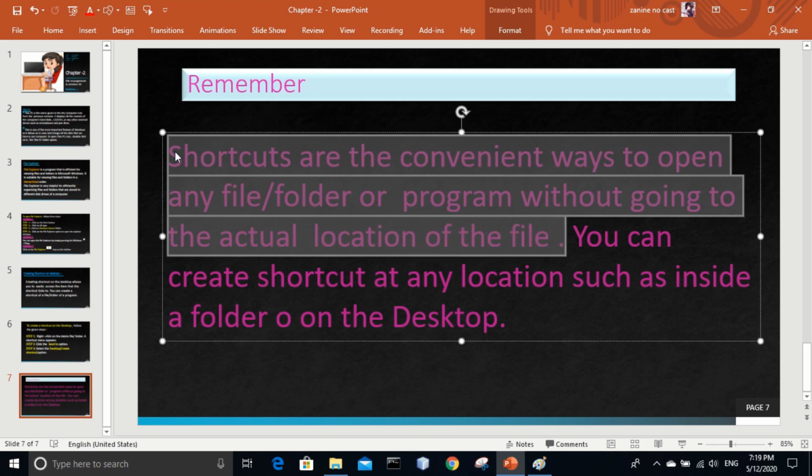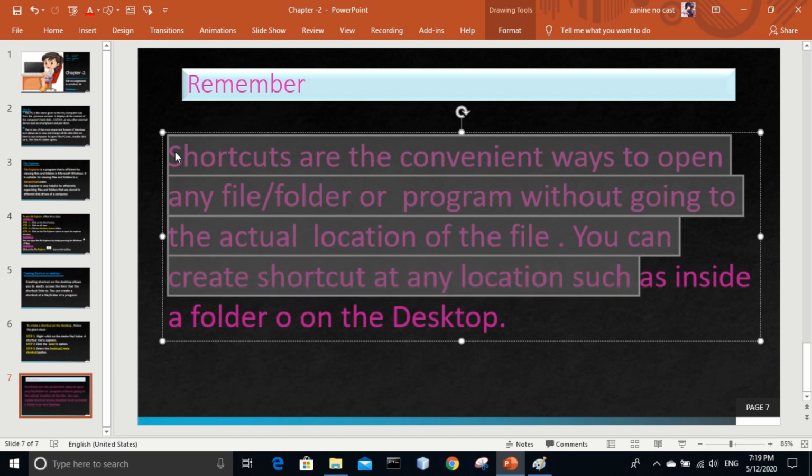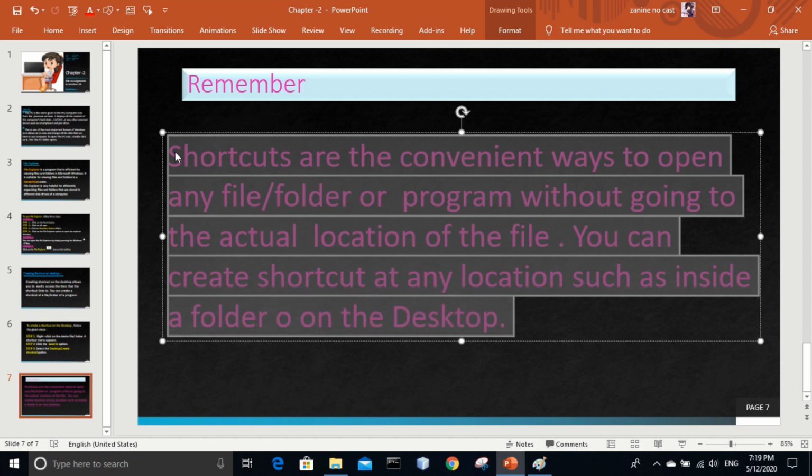In the previous example, Music is actually located inside This PC, but now I have taken Music to the desktop. So now we don't need to go to the actual location. We directly click on the Music shortcut that we are having on the desktop. You can create a shortcut at any location such as inside a folder or on the desktop. Understood?